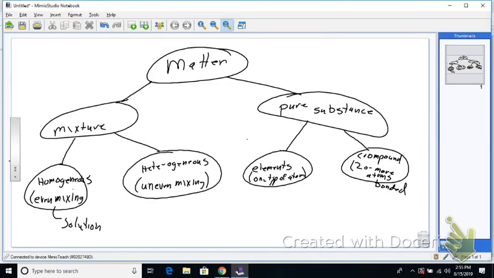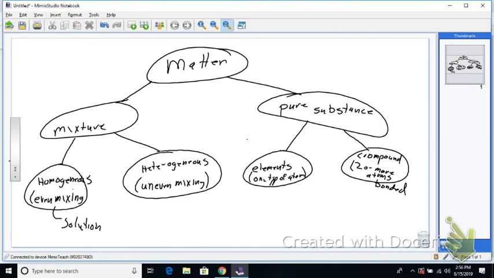Okay, so that's everything that can be in those four categories. Sometimes I look at this and I don't know if it's good for me to say one type of atom, because elements are made up of different atoms, right? What do we call those atoms that have a different number of neutrons from one atom to another? Ion? Close. Isotope? Isotope. Now, when I say one type of atom, it's like there's only one type of isotope, but that's not the case.